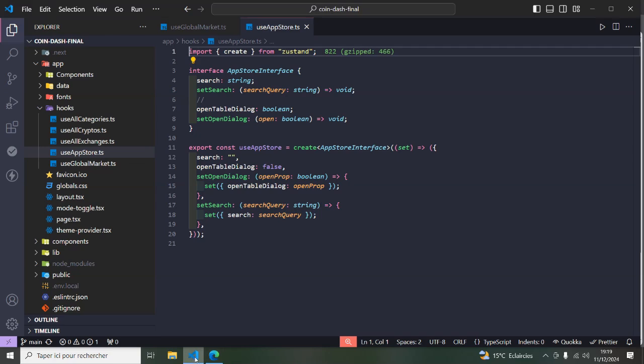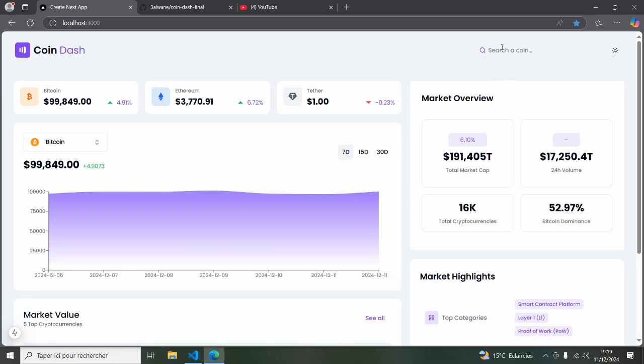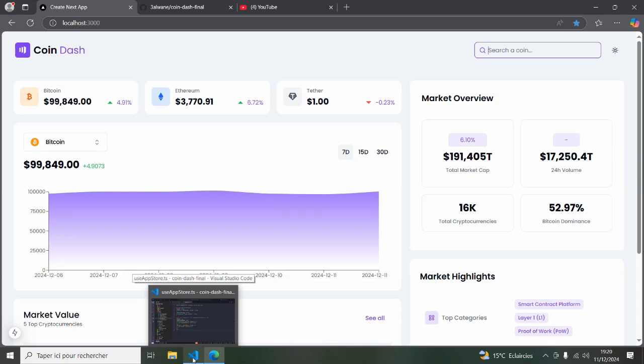So let's go back to the VS Code. And the first thing that I'm going to start with is we are going to use zustand for state management, because we need to manage the state and use it between the dialog and the search input, which is in another component. And instead of using prop drilling, it is very useful to use state management,